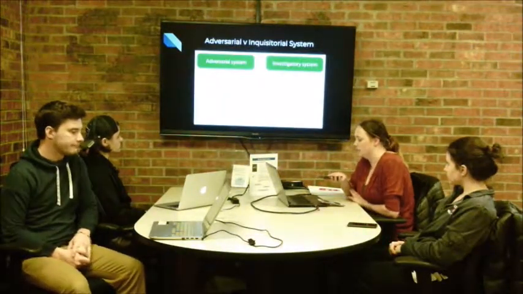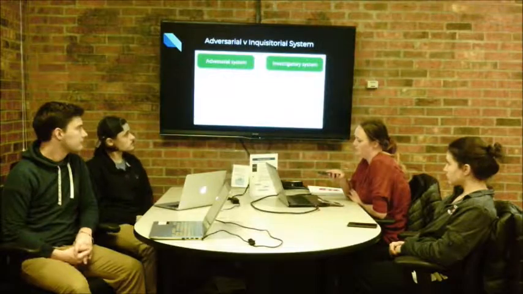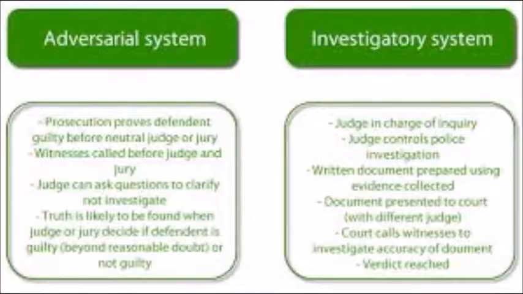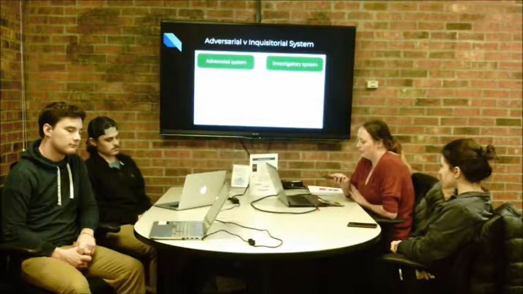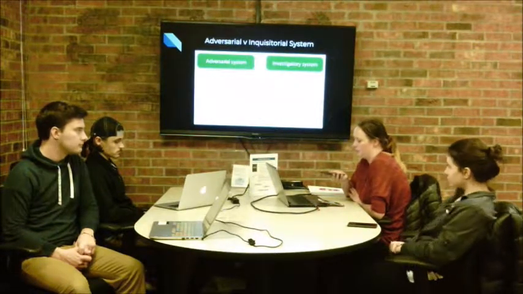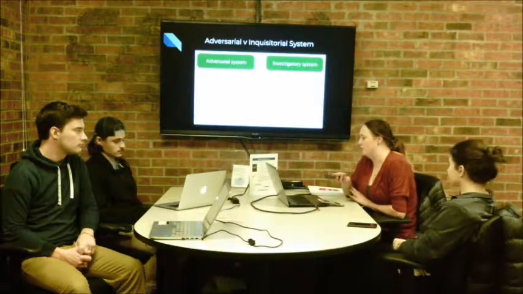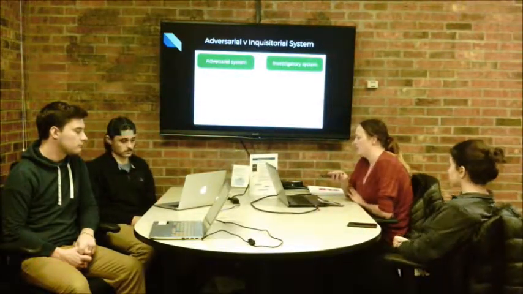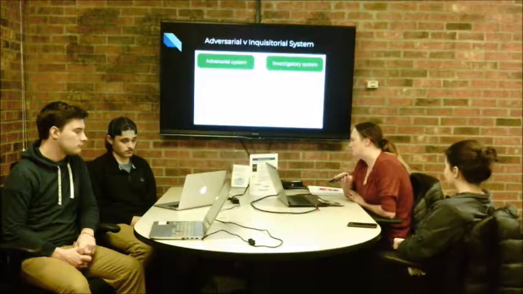The U.S. has an adversarial system, in which the prosecution proves the defendant is guilty before a neutral judge or jury. They call witnesses before the judge and the jury. Judges can ask questions to clarify, but they cannot investigate. Truth is likely to be found when a judge or jury decides if the defendant is guilty beyond a reasonable doubt or not guilty. In Germany, they have the